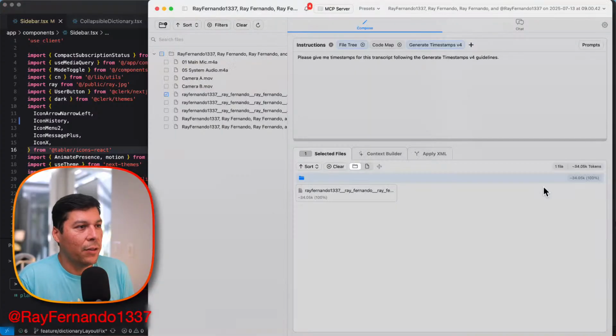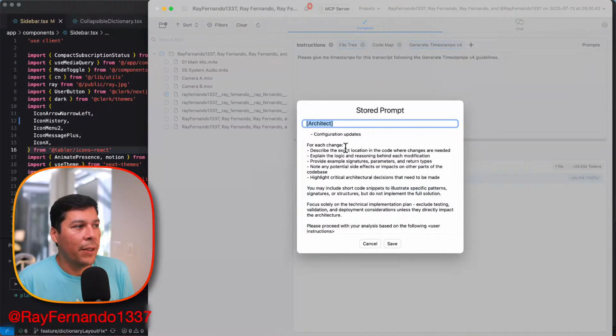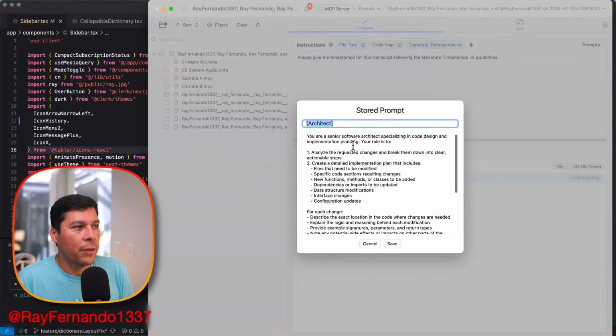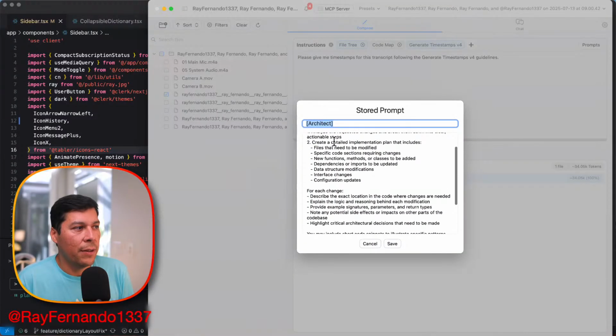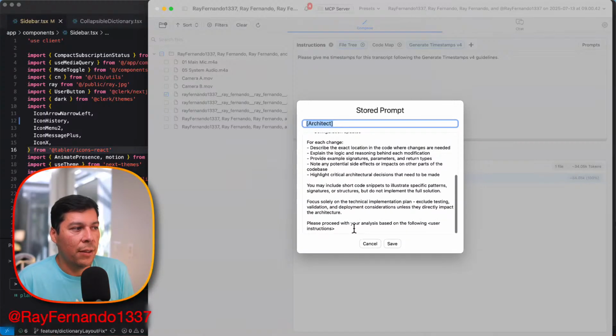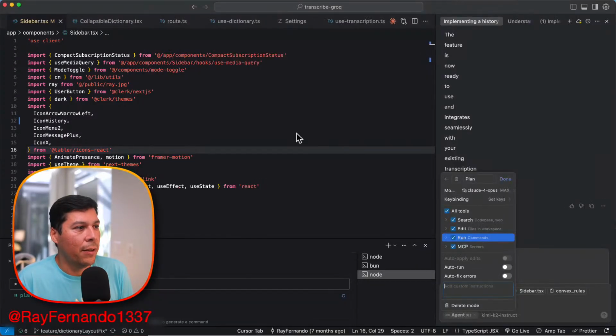It's funny, I'm jacking prompts. So in Repo Prompt here, there is an architect planner prompt, so I can copy that. The architect prompt basically says, you're a senior software architect specializing in code design, and your role is to analyze the requested changes, create a detailed implementation plan, and for each change, detail the exact location based off the user instructions. So if I copy this plan